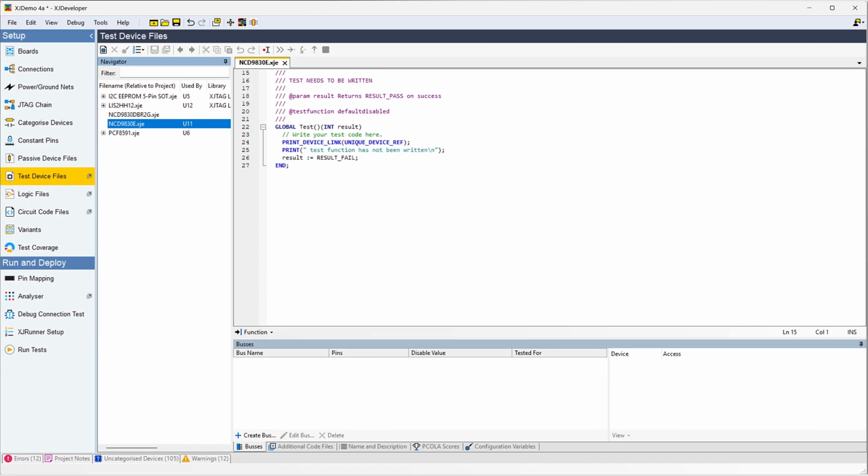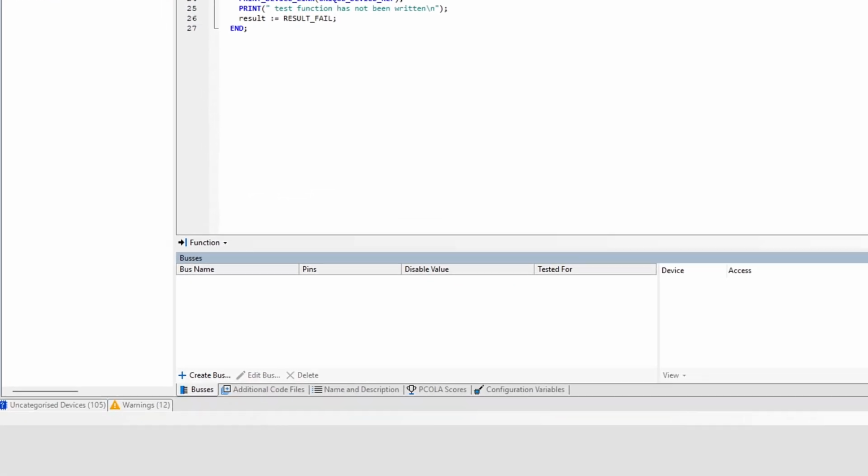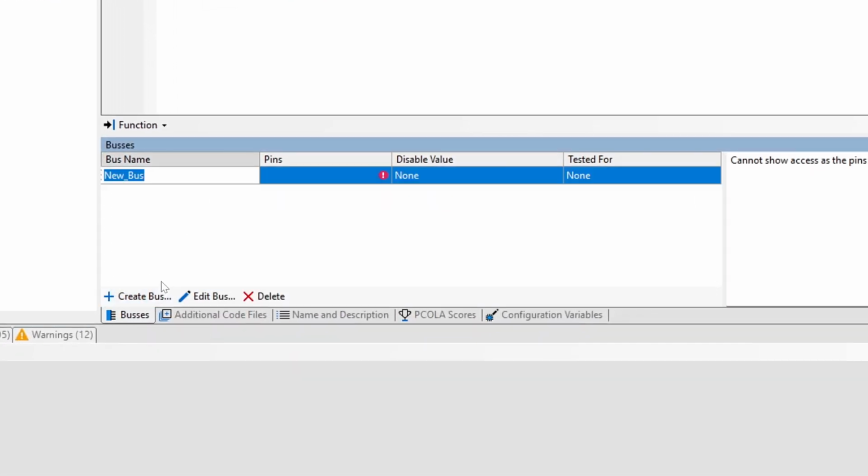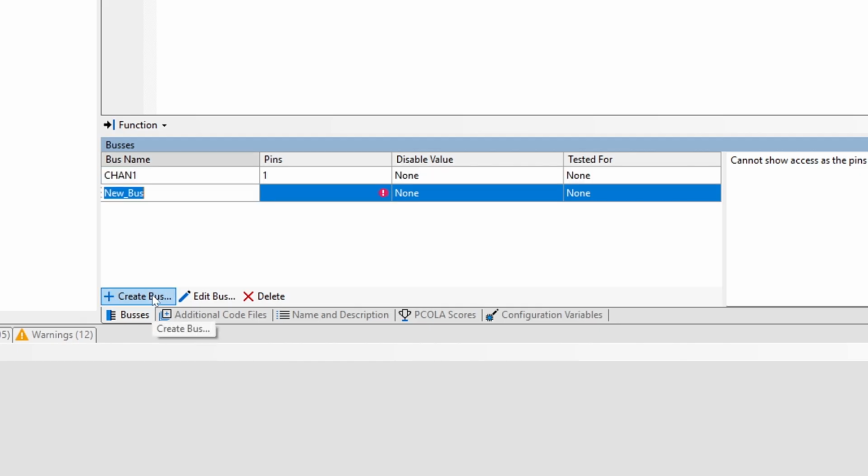If you created an empty file, you'll need to add the pins manually. Click Create Bus at the bottom to make a new row and type the data directly into the cells. Keep doing that until you've put in all the pins you're going to interact with. Other pins don't have to be included, but it's good to add all the pins that could possibly be used.